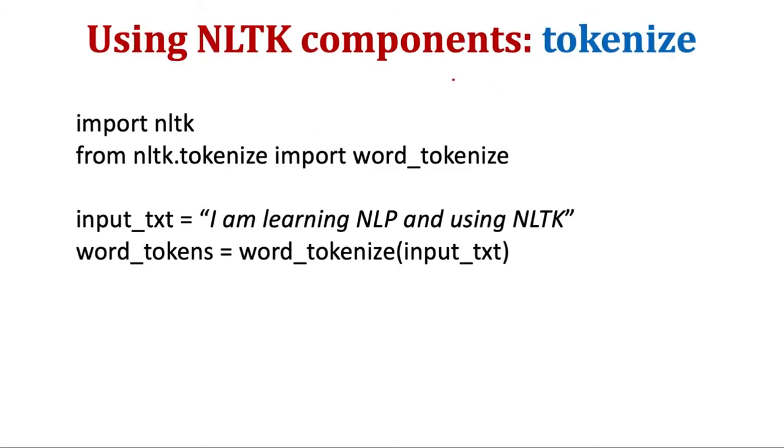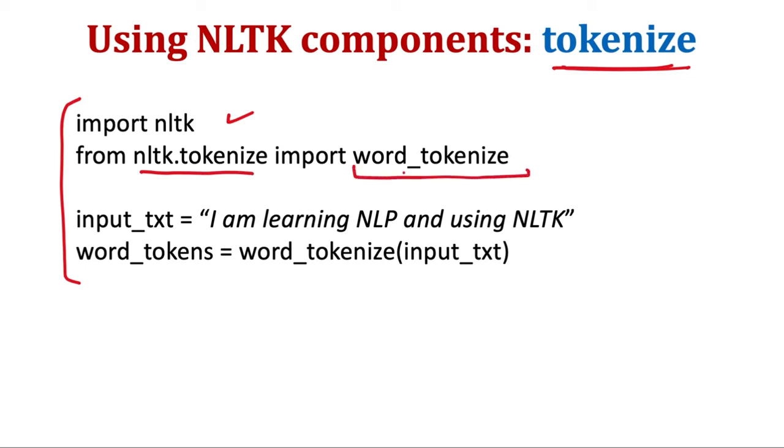Then let's see one custom example of this tokenize function. This is just to give you a flavor of how to use the various components of NLTK. So first you will import it, as we have done already. And then from nltk.tokenize, we import word_tokenize. This will tokenize a sentence into a list of words. So for example, if you have an input text, I am learning NLP and using NLTK, and then you use this word tokenize on this input text, then it will return